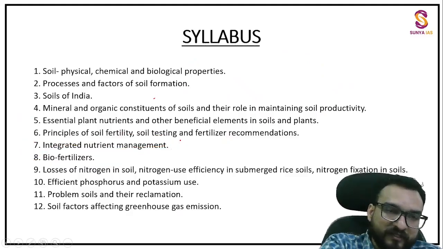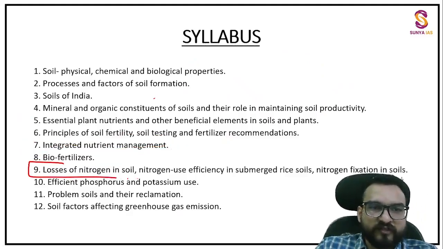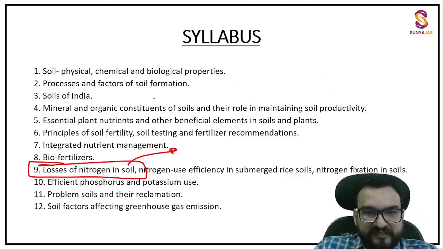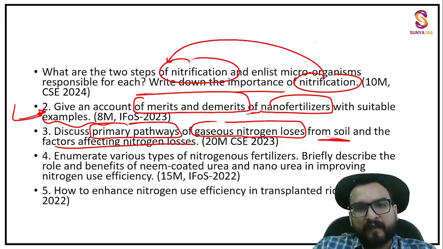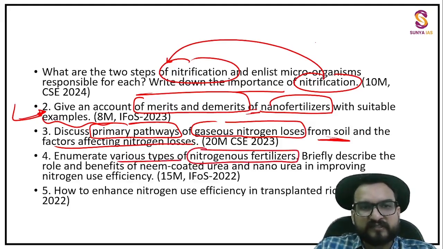So over here, can you see the syllabus line, losses of nitrogen in soil? That means they are asking about factors affecting losses of nitrogen in soil and primary pathways. Directly they have asked. In nitrogen fixation, nitrification, they are asking. Then over here, explain various types of nitrogenous fertilizers, briefly describe the role and benefit of neem coated urea